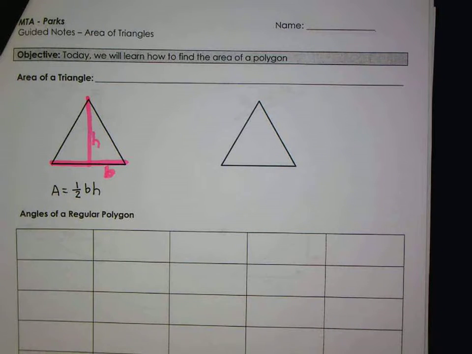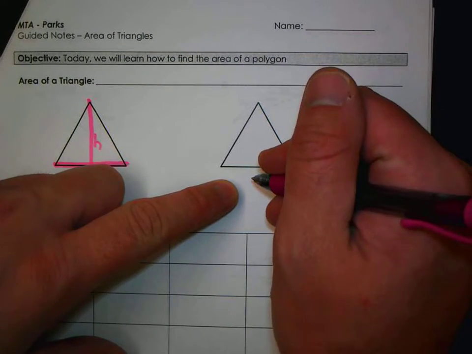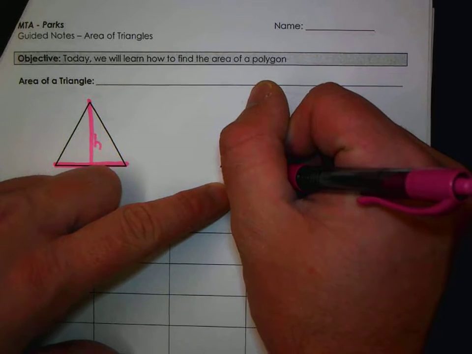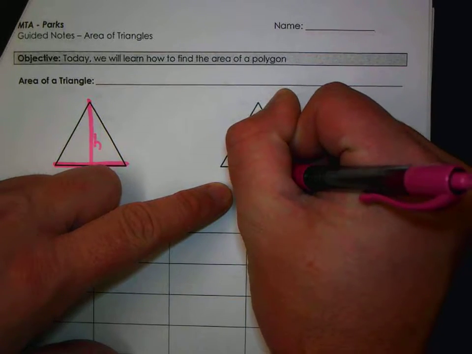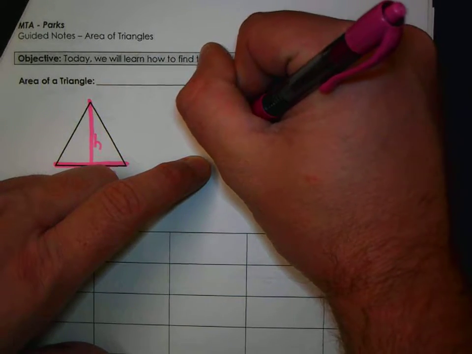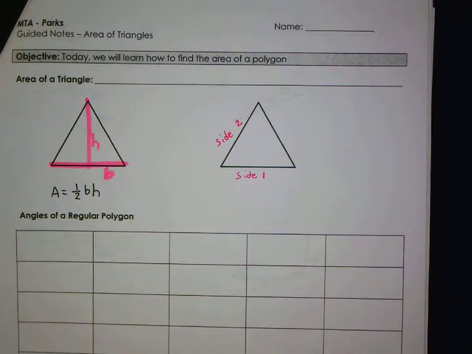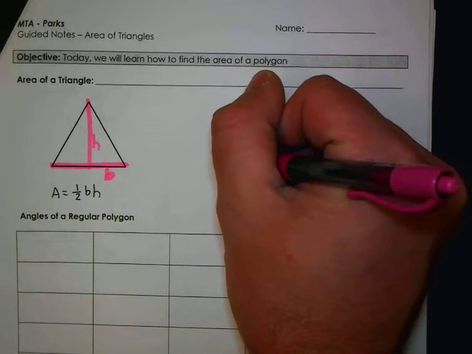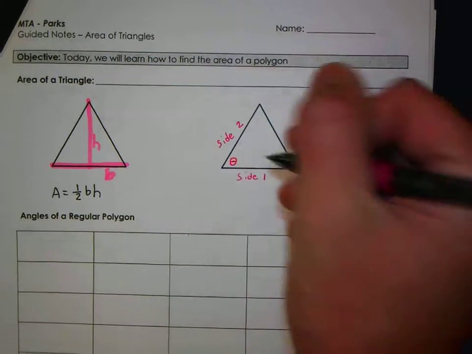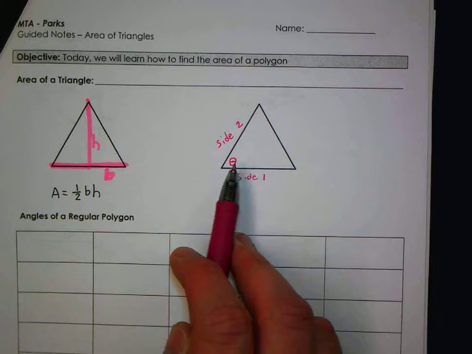Now I'm going to teach you a new way, and let's say you don't know the base, but you know, what do I want to call this? Maybe you could call this side 1, and this side 2. And say you know this angle. If you know an angle of it, and then you know the side that is directly next to that angle,